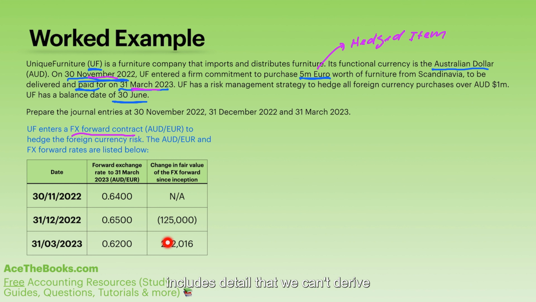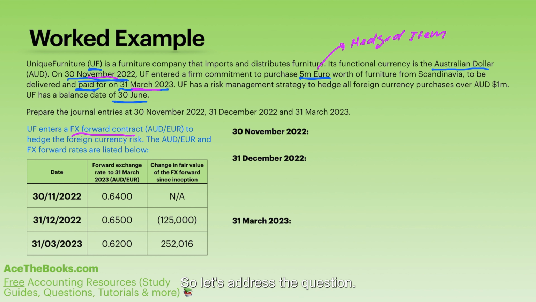This table here includes detail that we can't derive from the question above, but it tells us what the foreign exchange rates are, as well as changes in the fair value of the derivative since inception. So let's address the question. First, what are the journals at the 30th of November